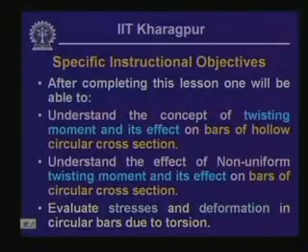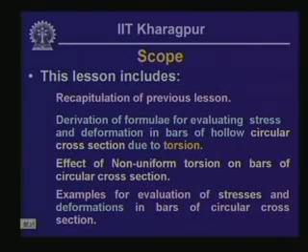Now, if there are some bars which may not be uniform, there could be variation in the section, or there could be a uniform section, but the torsions applied at different points are of different magnitudes. If that kind of situation arises, then what will be the consequence of that kind of loading in the system, that we will look into, and that is the non-uniform twisting moment and its effect on bars of circular cross section, and thereby one should be able to evaluate stresses and deformation in circular bars due to torsion. Hence, the scope of this particular lesson includes